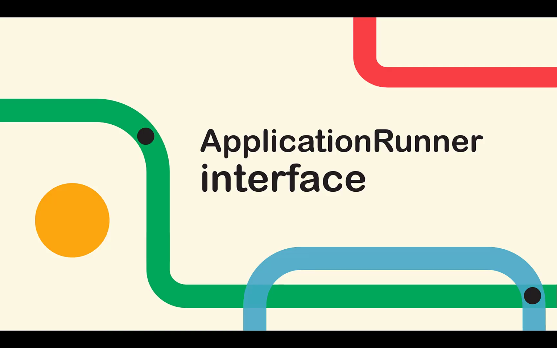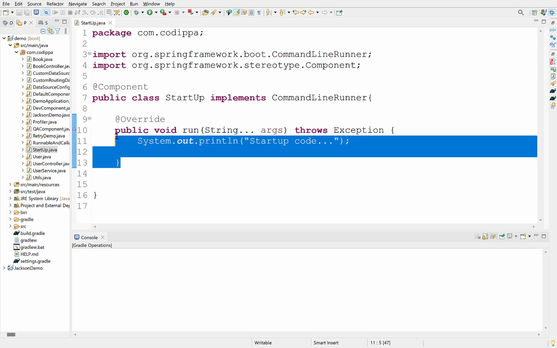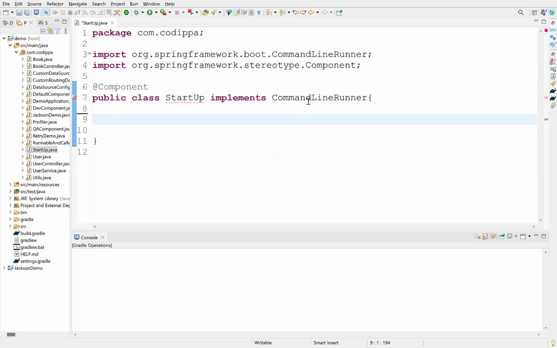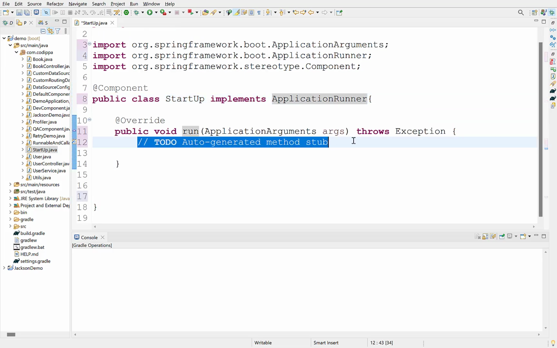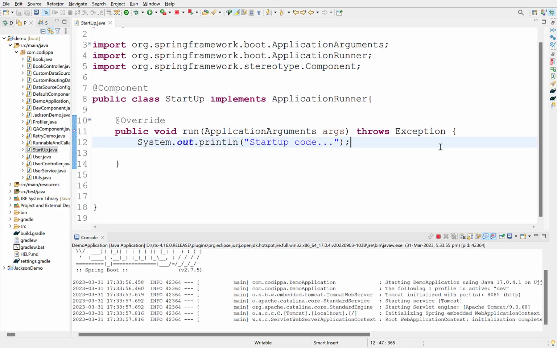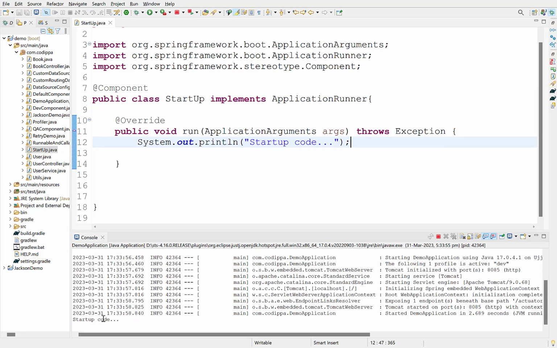Similar to CommandLineRunner, Spring provides ApplicationRunner interface. Remove this method. Implement ApplicationRunner interface. Once we implement this interface, we have to implement its run method, which is automatically called after the application starts. Print a message here. Start the application. The method is called. A difference between CommandLineRunner and ApplicationRunner interface is that the run method of ApplicationRunner accepts an